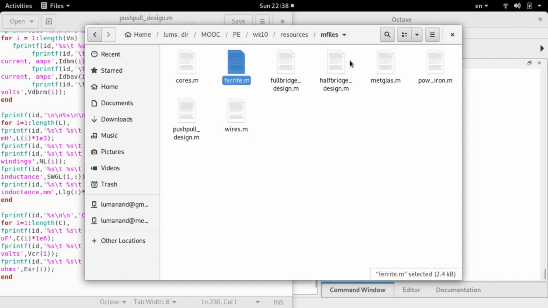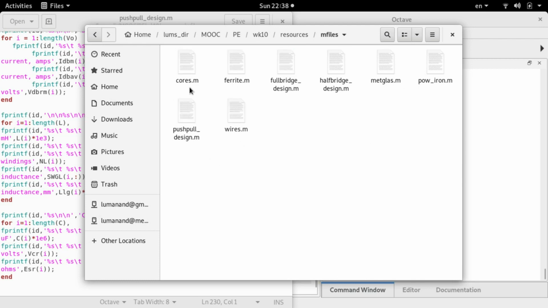These are common for all the converter designs in the sense that they are databases of the cores and the wires. You have three design files: push-pull design.m, half-bridge design.m, and full-bridge design.m, and these are the design M files which you can run, and they will make use of these cores, ferrites, wires, and other core and wire details from these other M files.